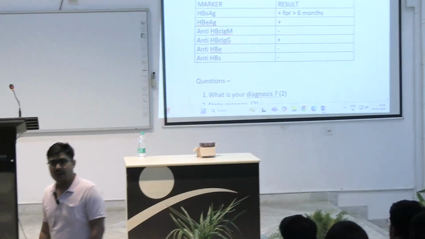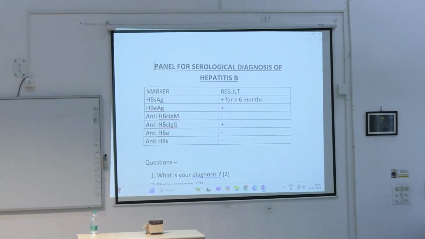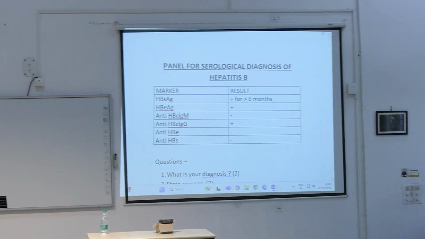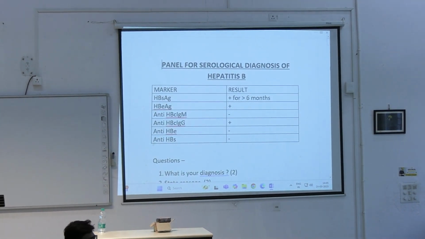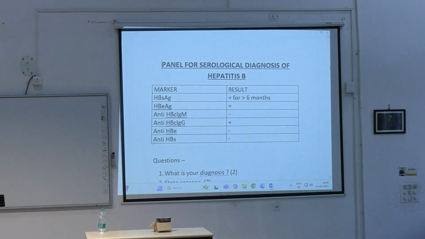There are 5 to 6 panels of hepatitis and 3 panels of jaundice. What are panels? Panels mean the status of the serology markers of patients,